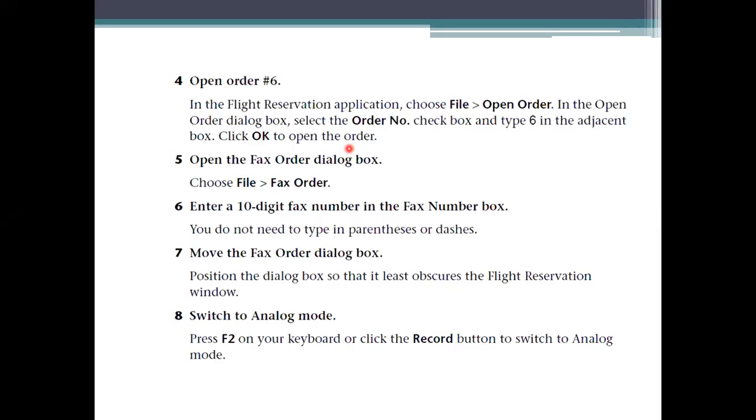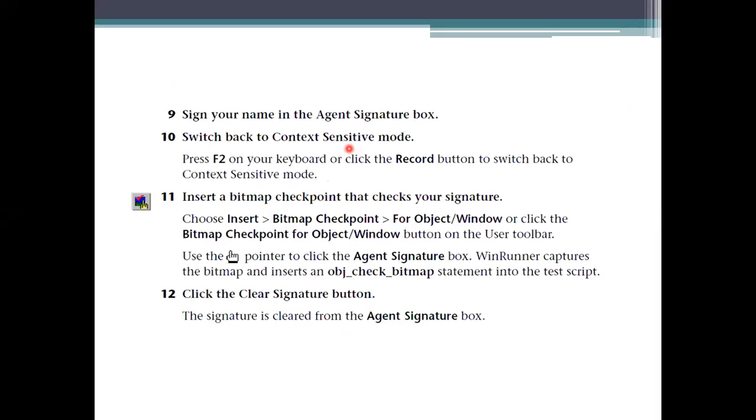So there is no need to process that one. Here we need to record the process of giving the access to the agent. So how am I going to give the access to the agent? It means just make this authentication be done in a successful manner. How I am going to do this is, just press the record button.